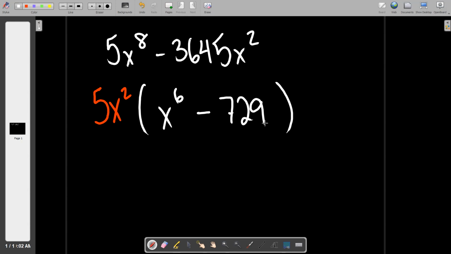729. That'd be a difference of squares, x cubed squared minus 27 squared. No. So,